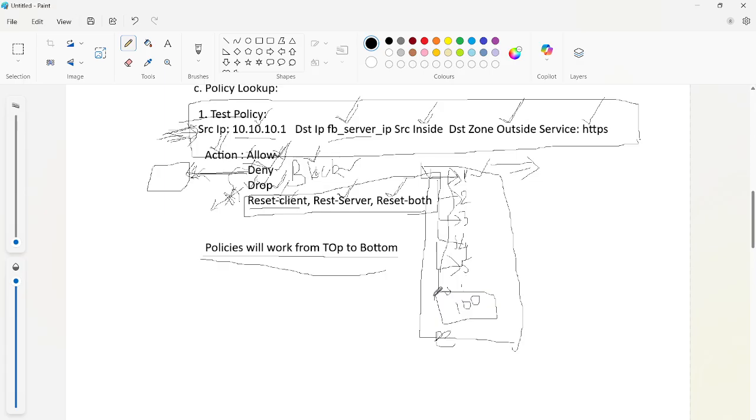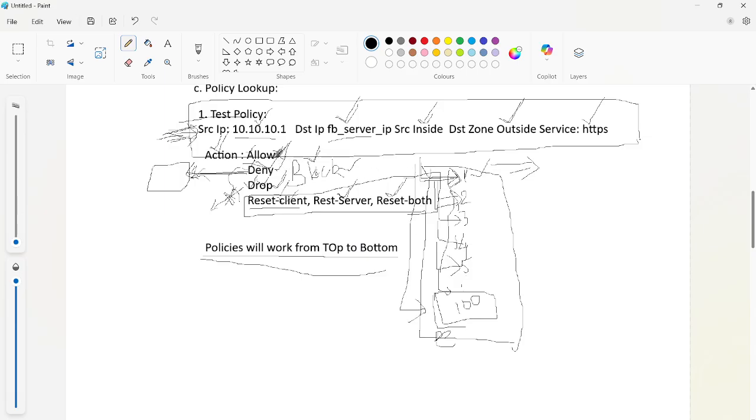If you are configuring a policy at the 100th place, it is going to verify each and every policy. That is the top to bottom approach. It will not skip any policy, and it will not directly come to the 100th policy. It has to verify each and every policy until it matches. In this case, we have the policy at the 100th place, so it will verify 99 policies first, and then come to the 100th policy. That is the top to bottom approach in the Palo Alto firewall.